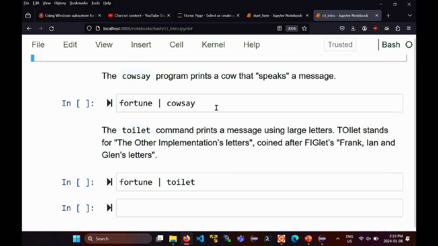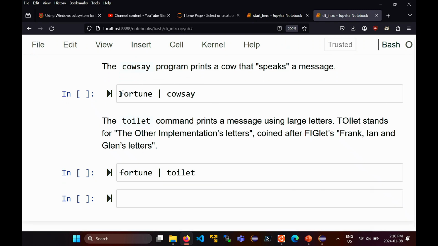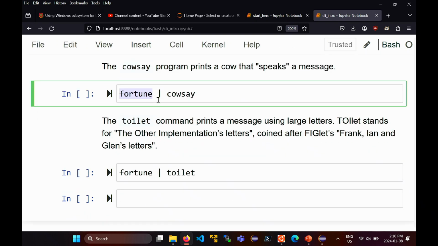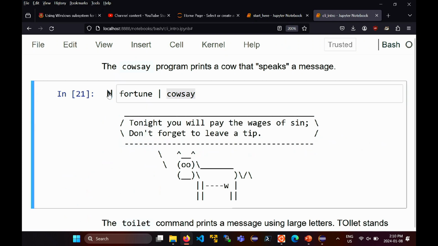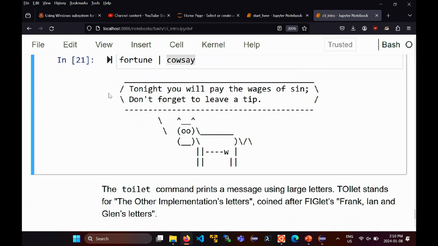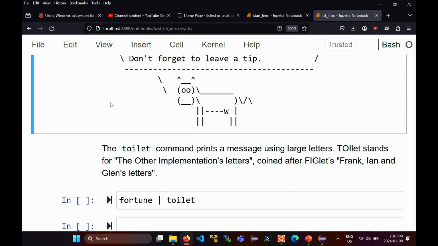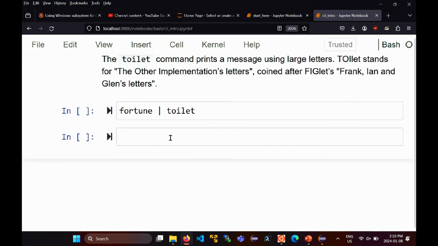They're all commands. Everything that you do from the command line goes through a command of some kind. All commands work the same way. They have options, they have inputs, they have outputs. I can take fortune, so I get some random saying. I can take that output and pass it to cowsay, and that'll use a cow to print out the fortune. So there you go. Oh, yes, we're starting to get slightly rude. I haven't gotten in trouble yet. Someday I'm going to get in trouble for what it prints out. But anyway, that hasn't happened yet.